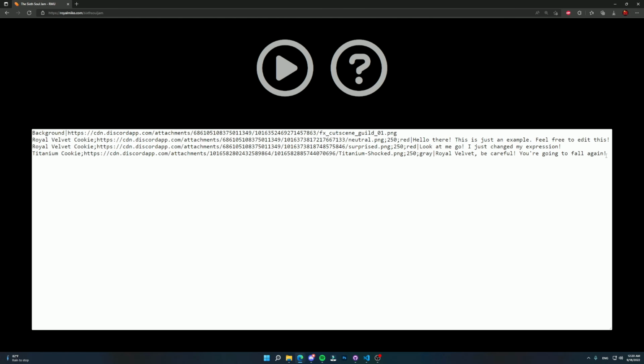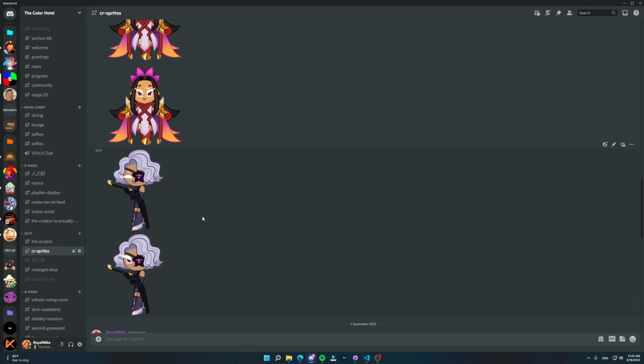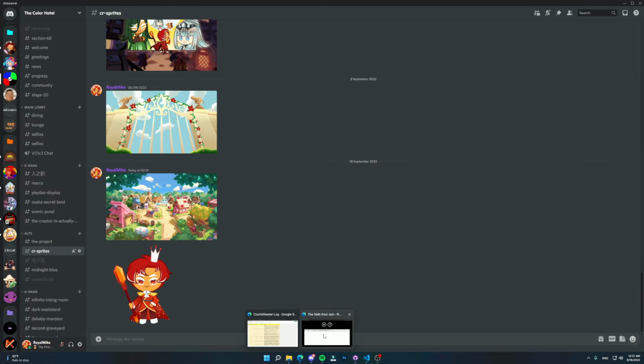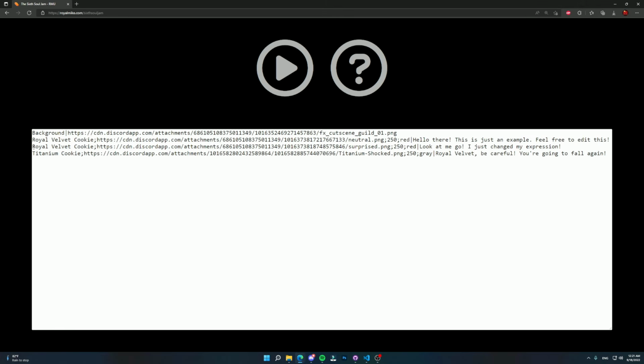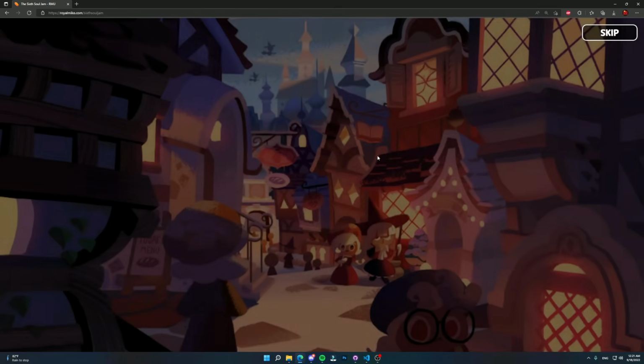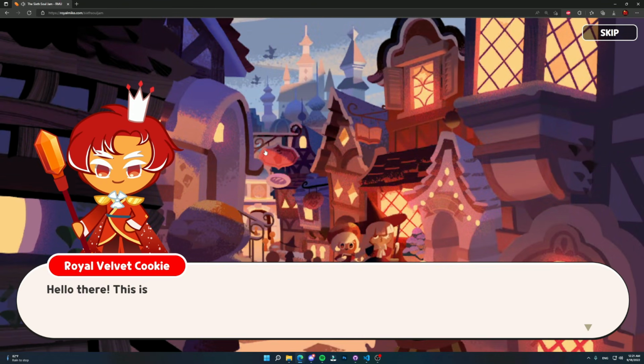So let's try doing something more complicated. I'm actually gonna refresh so I can use the template that I've created. This is just a placeholder. You can just delete it and use anything else that you want. So let's say I want to use a different background. Let's use this one, and I'm gonna paste it in the second here. I'm gonna use the background combined with the cookie, and let's see how this looks. So it's this background first,